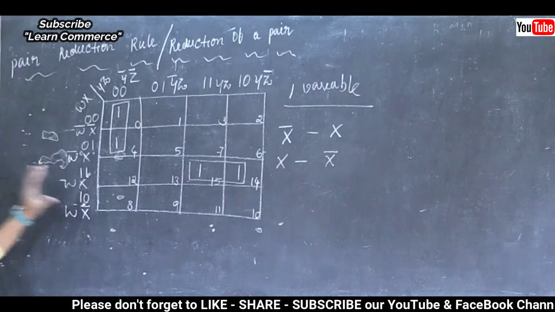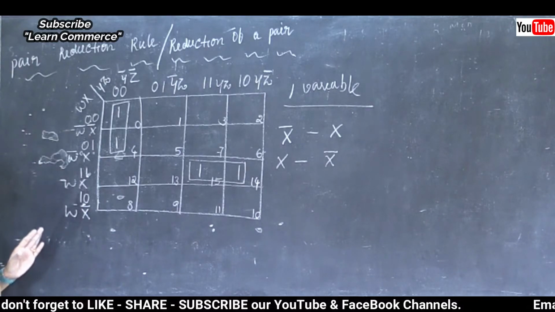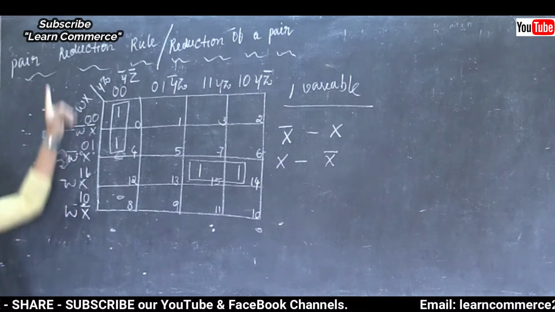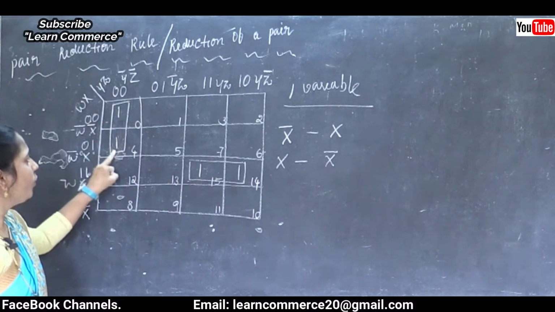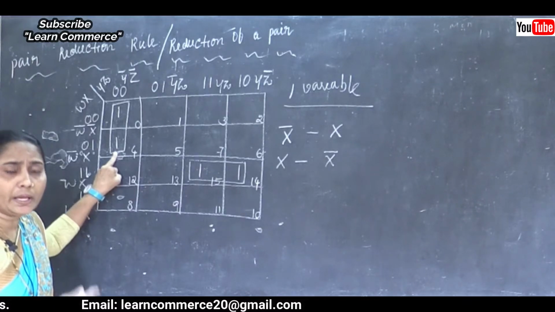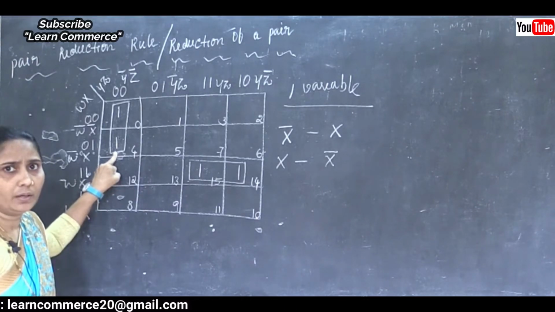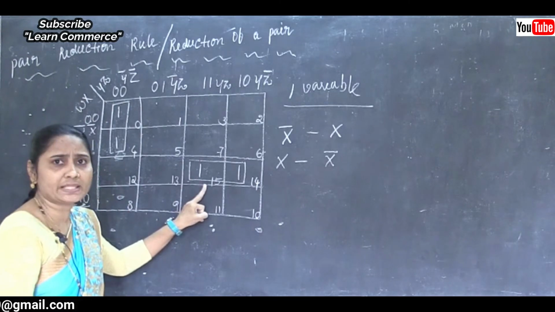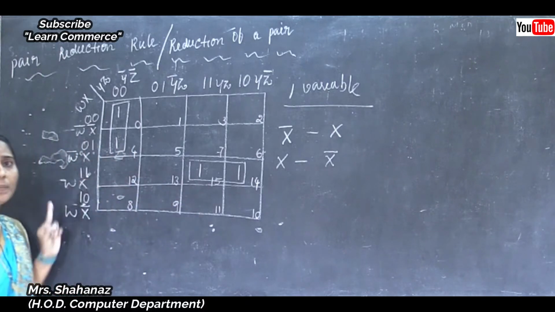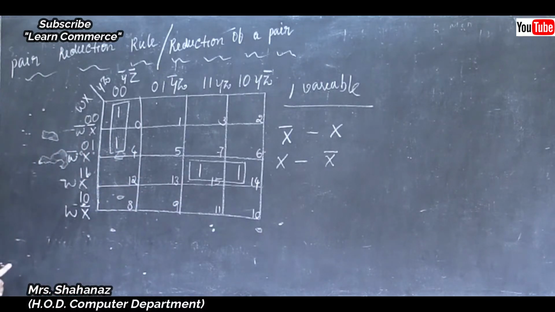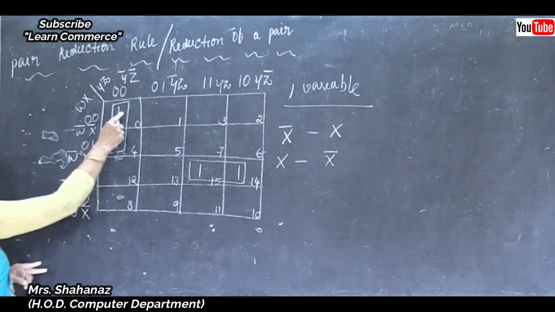Now this is just one example, and by using it I want to clarify the meaning of the pair reduction rule. In place of squares 0 and 4 I use the values 1 and 1, and also in place of squares 15 and 14 the values 1 and 1. What is the meaning of the pair reduction rule? Here 2 ones are going to be encircled, and it makes a pair.